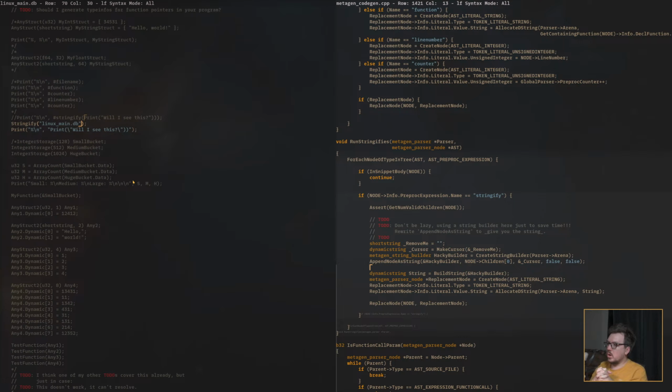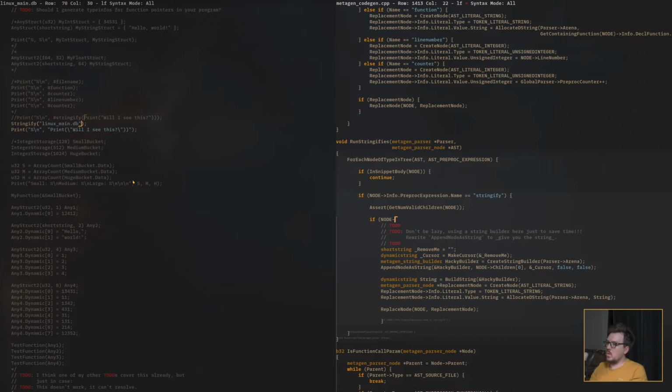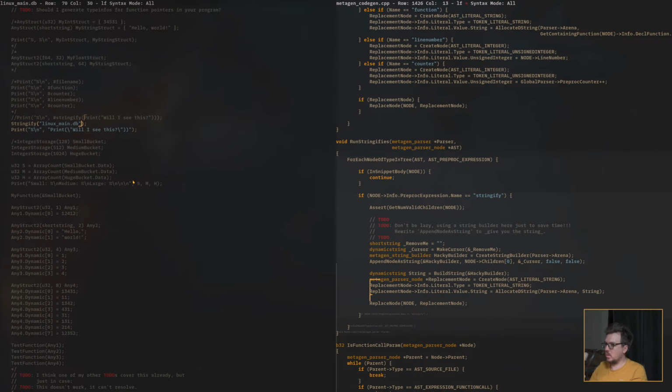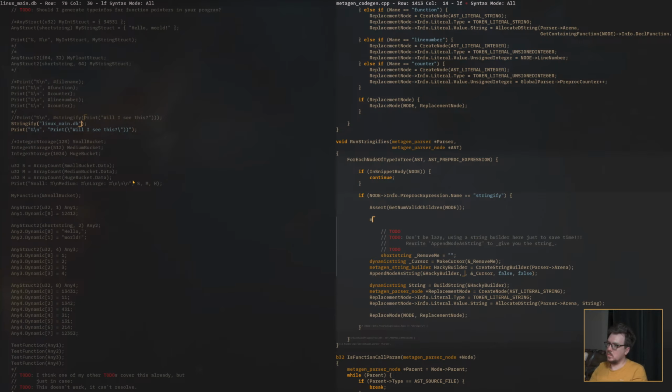So if the node is already a literal string, right? If node type, wait, no, this is the child. Let's grab the child out. Child is this.